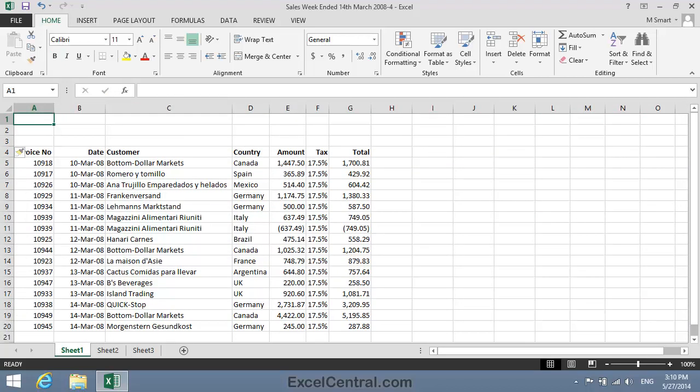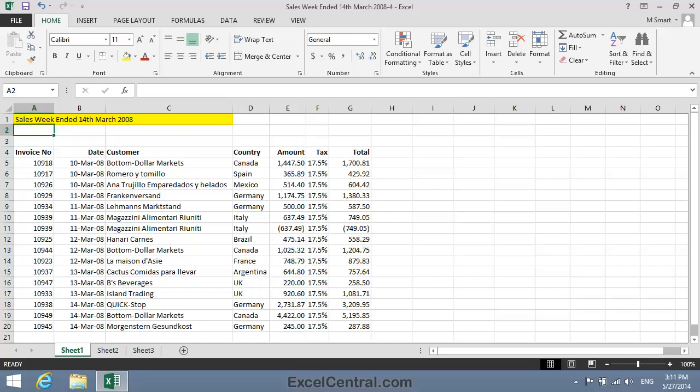Now I'm going to add a title to my worksheet. I think a good title for this worksheet would be Sales Week Ended 14th of March 2008. The title cell doesn't look bad, but wouldn't it be nice to center it above the transactions listed beneath?